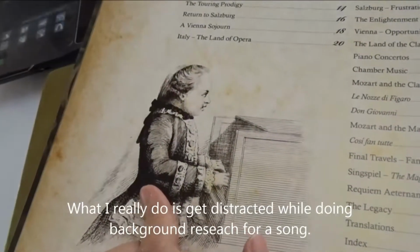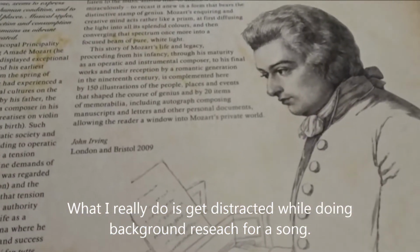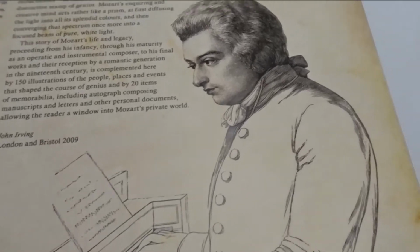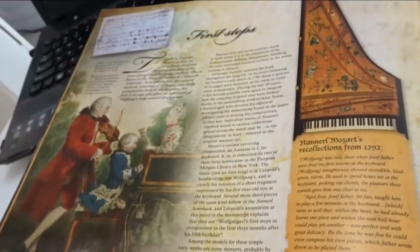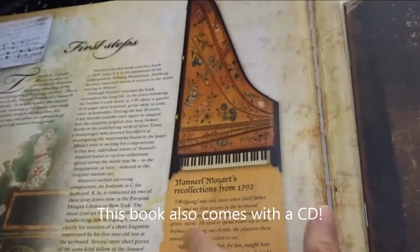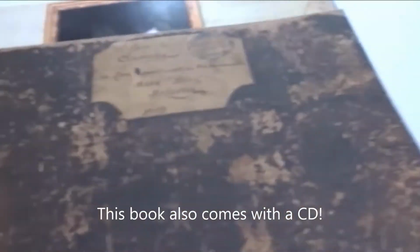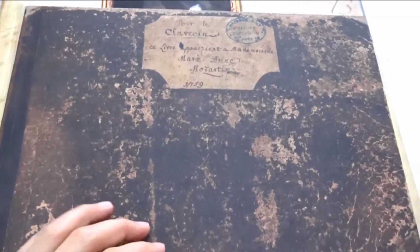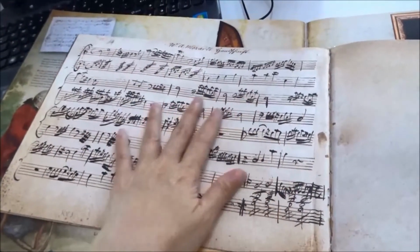This is Mozart when he was 6 playing at the pianoforte. This is him older. The best part is this, it has pictures and then some fun facts. Nannerl Mozart, his sister. And then this is like lovely, a replica of his notebook. So when you have this book, it's like, wow, I have a copy of